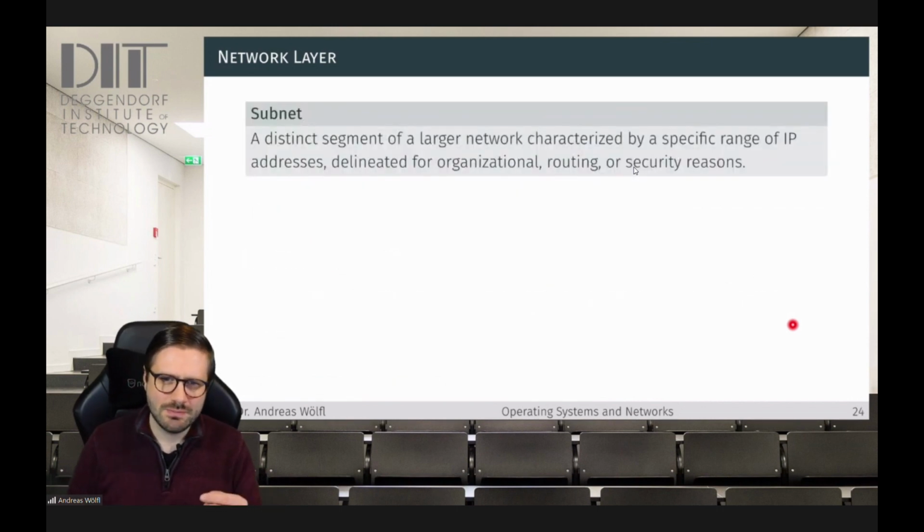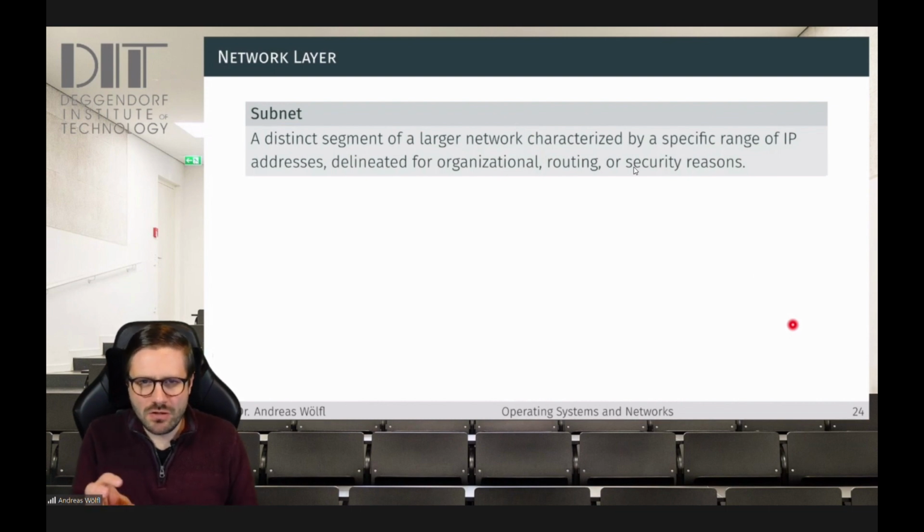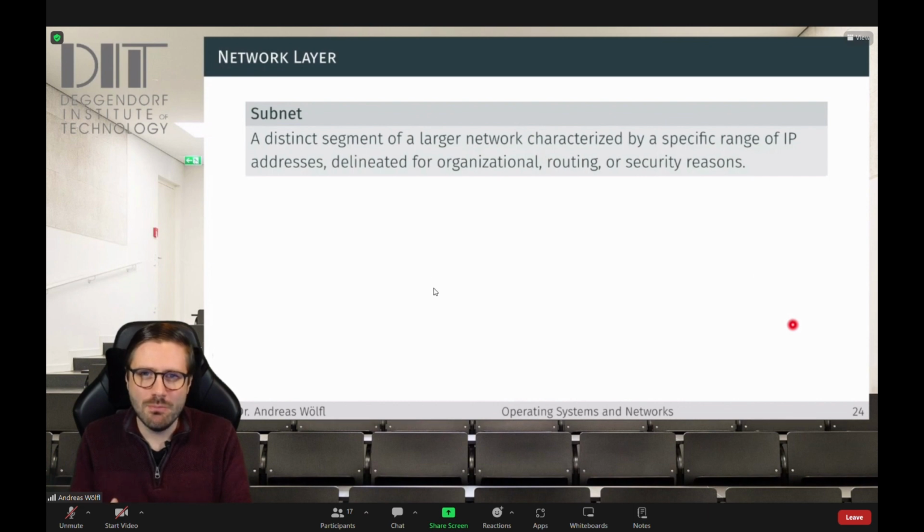So a subnet is a segment of a larger network. And this segment is characterized by a specific range of IP addresses. We do that because we can manage smaller subnets more easily than bigger subnets. So we do this for organizational, routing, and security reasons. Routing reasons, because the smaller the networks are, the more fine-grained the paths get, and the more optimal we can do routing. Organizational, obviously,